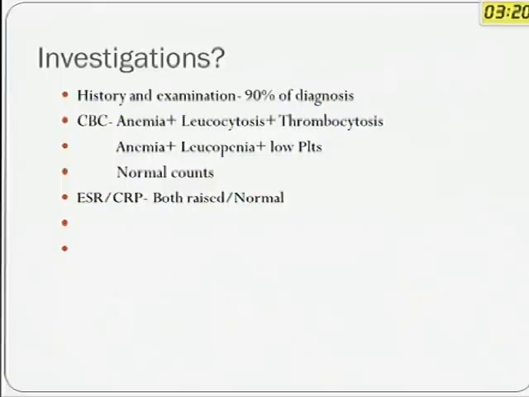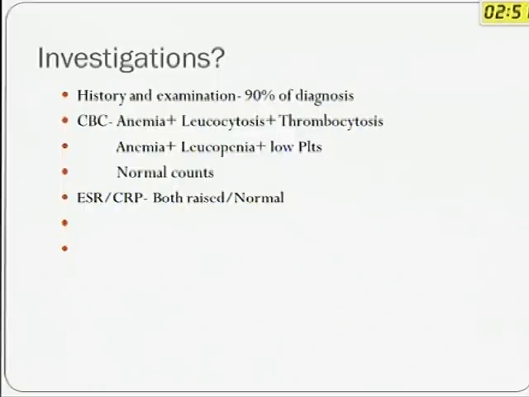So, investigations. Really speaking, by the time you've done history and examination, you should have a clear idea whether you're dealing with arthritis or not. And then you can go on to what's the cause of the arthritis you're dealing with. If you're going to depend on investigations to decide whether the child has arthritis, that's going to be a bit difficult. It can tell you further how to differentiate causes and how to prognosticate, but not to decide whether the child has arthritis or not.